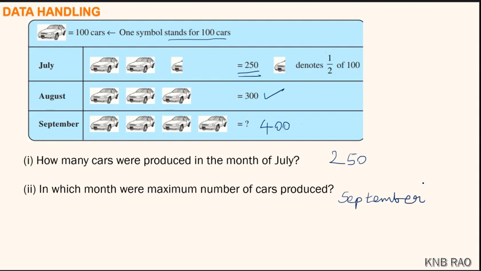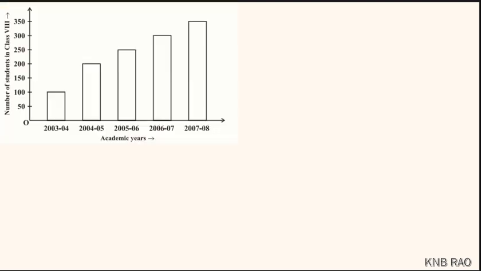Right? So similarly, we will go for understanding what a bar graph is. Here I am giving you a bar graph. See children, in this bar graph, if you read, it is very important. There are very important points in drawing a bar graph. While reading a bar graph, you have to remember these points. Point number 1, bars are of uniform width or not.